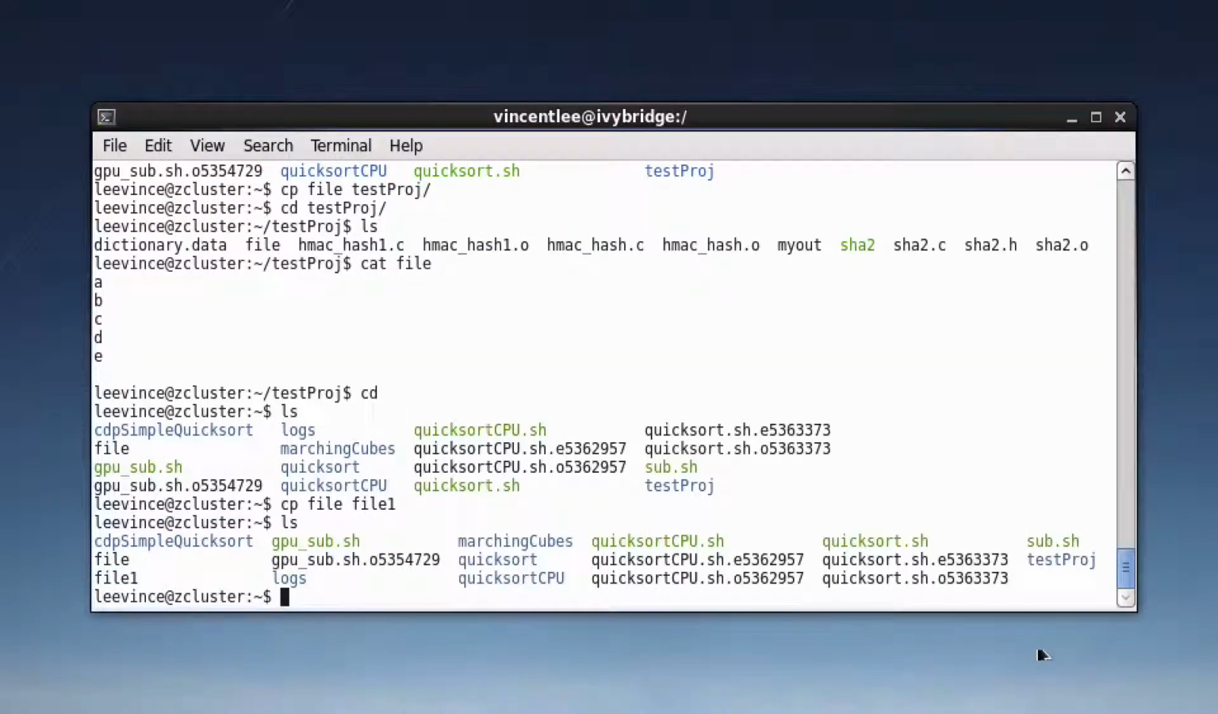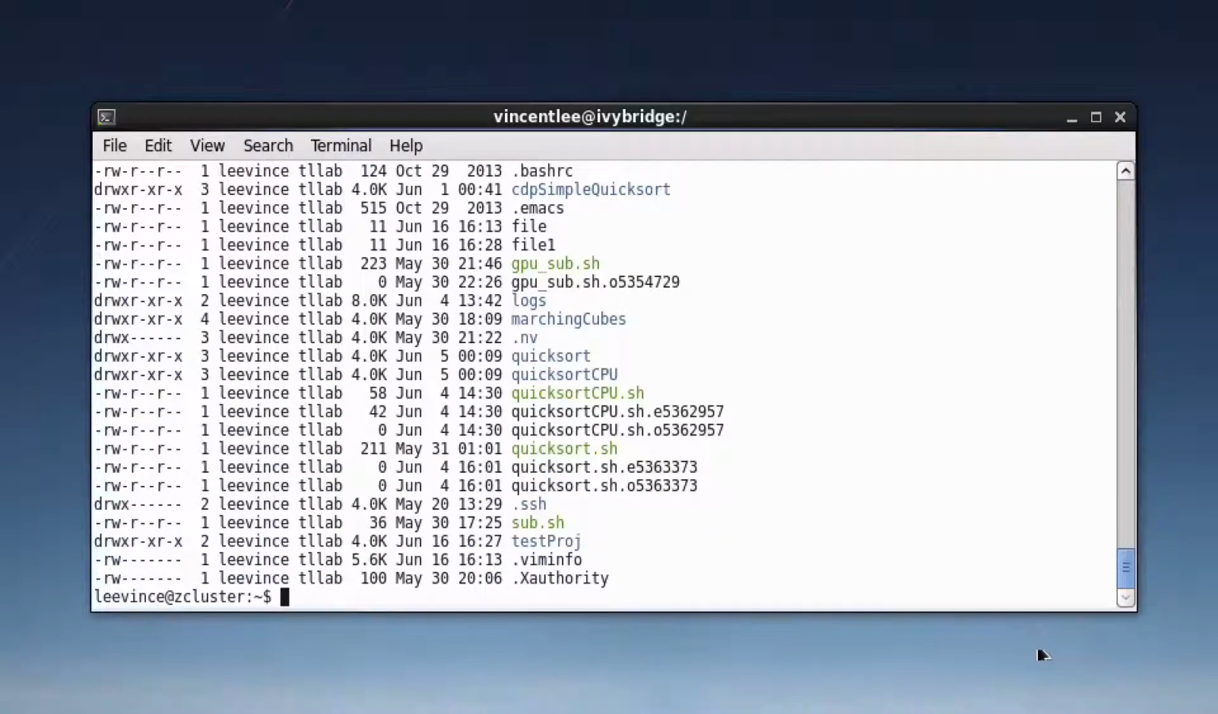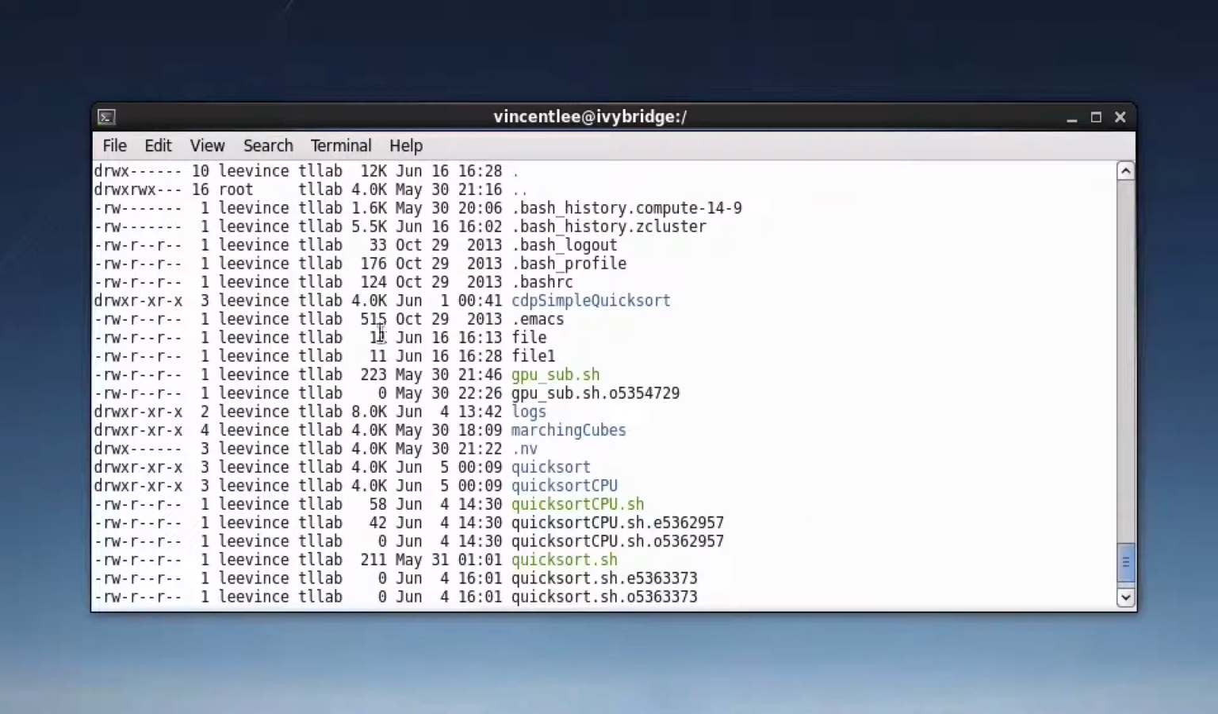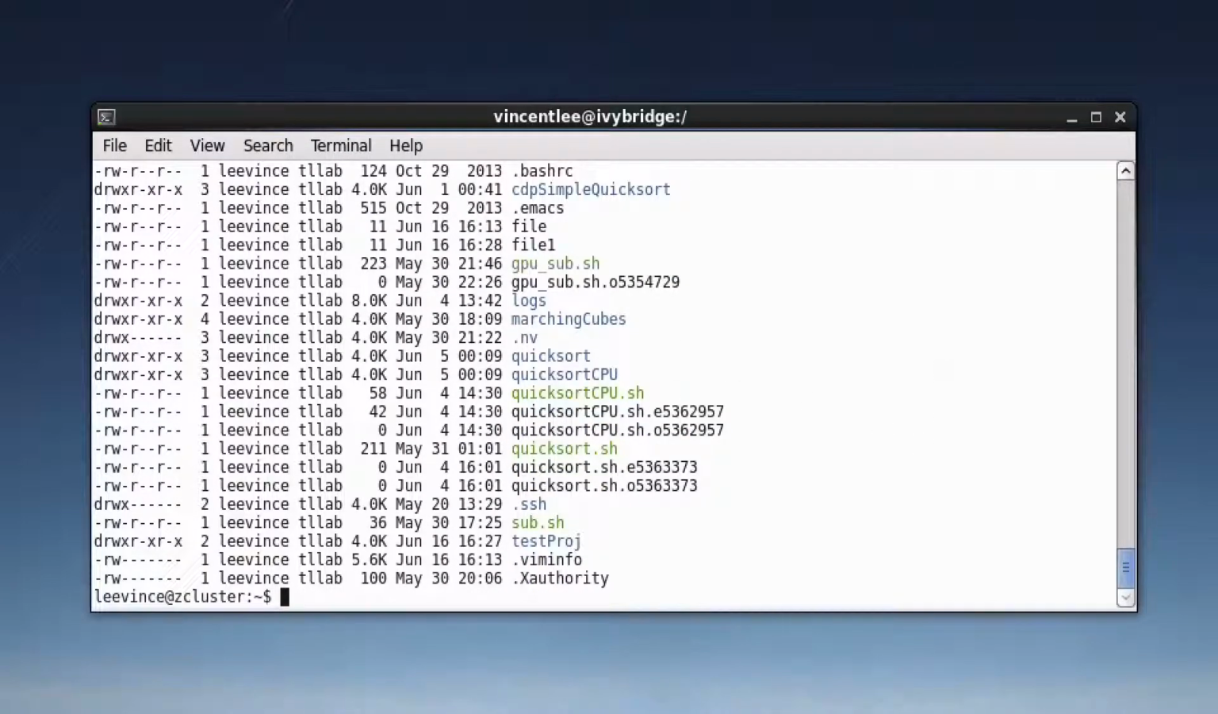Okay, as you can see there, we have 2 files, and we'll do an ls -alh, and we'll scroll up here. As you can see there, we have file and file 1, and they are both 11 bytes, I believe. Now we'll do a copy command where it asks you if you would like to overwrite the file if it